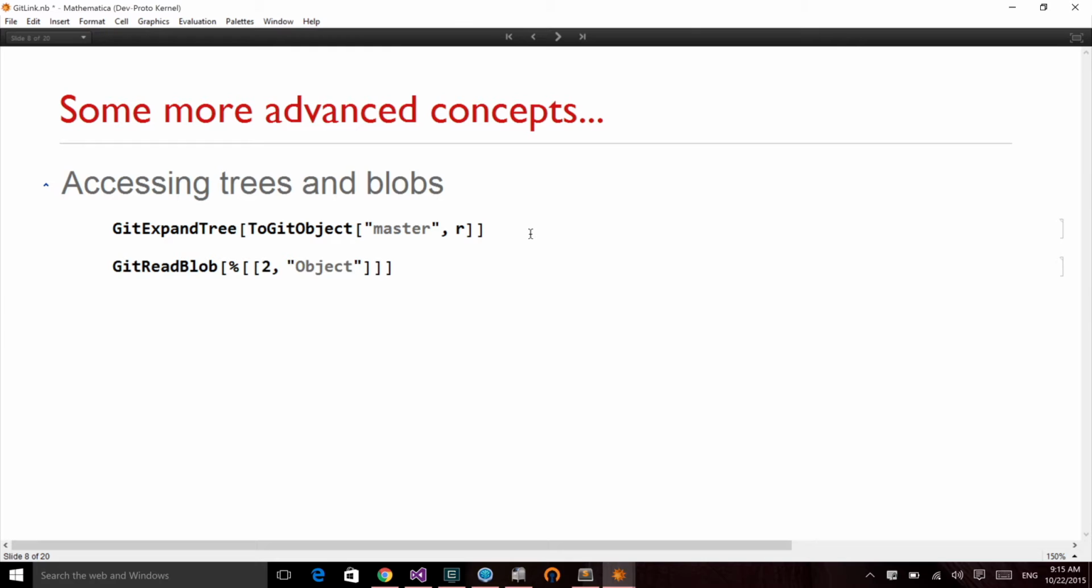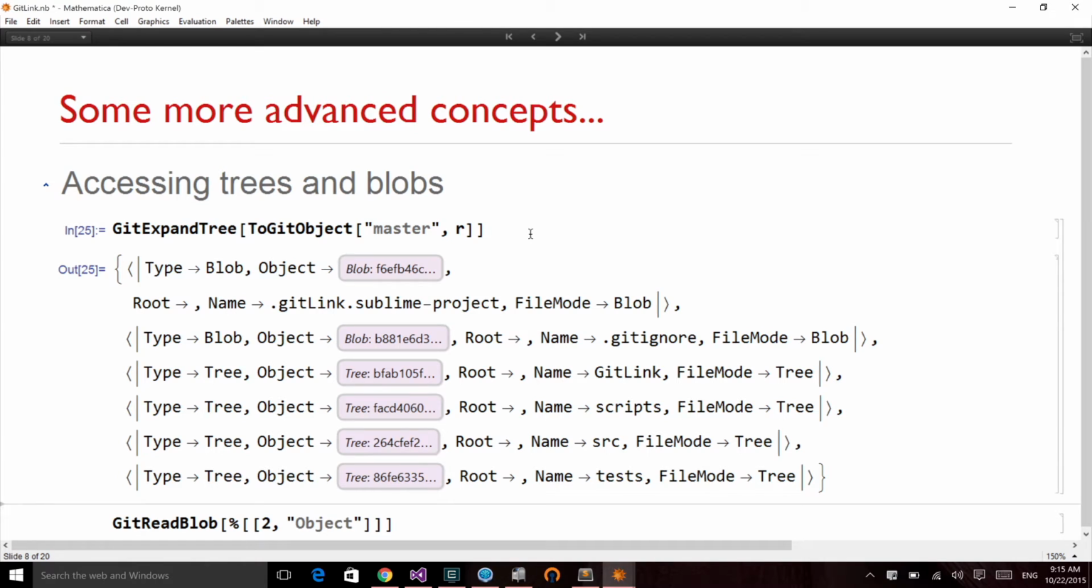Some more advanced concepts. You can access trees and blobs directly, and you can do this from the Git command line. Most people don't, but I've discovered since adding this functionality that it's become very natural in some cases for me to do this in the Wolfram language. So in this case, I'm just accessing the root tree for the master branch in the GitLink repository,